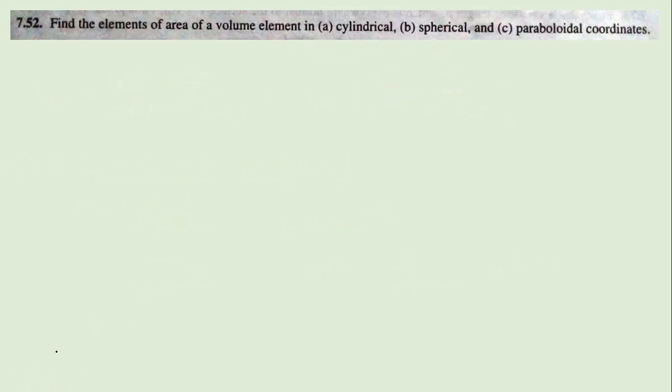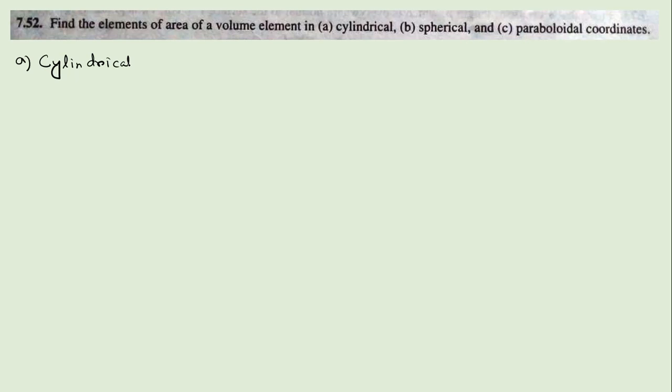To go to the next one, question 7.52 says to find the elements of area and volume elements in the cylindrical, spherical, and polar coordinate systems. So for finding the elementary area you need to find out at first the scaling factor. For that, just for